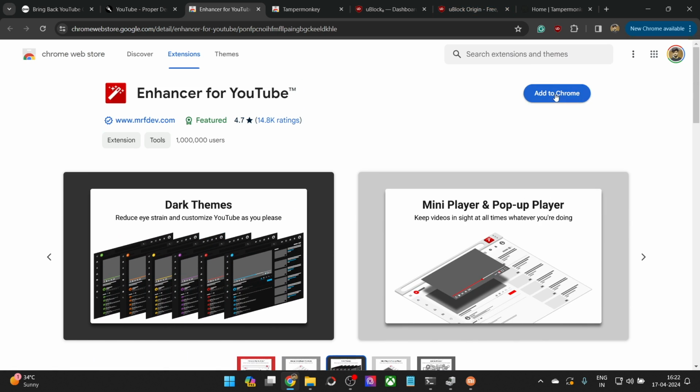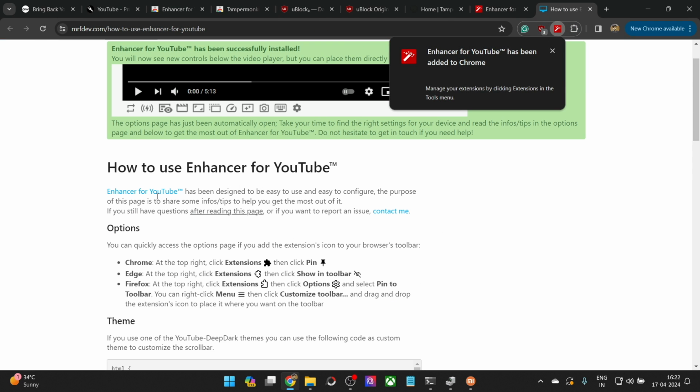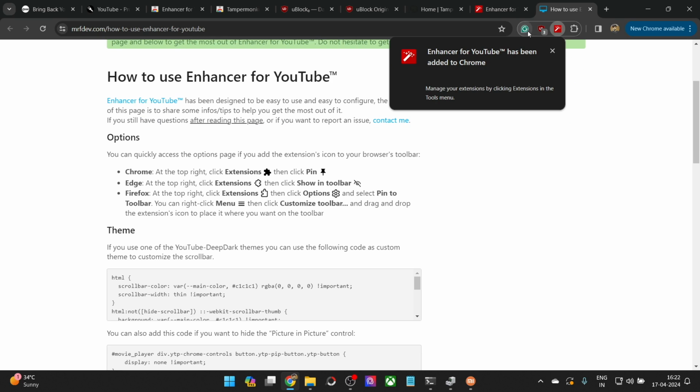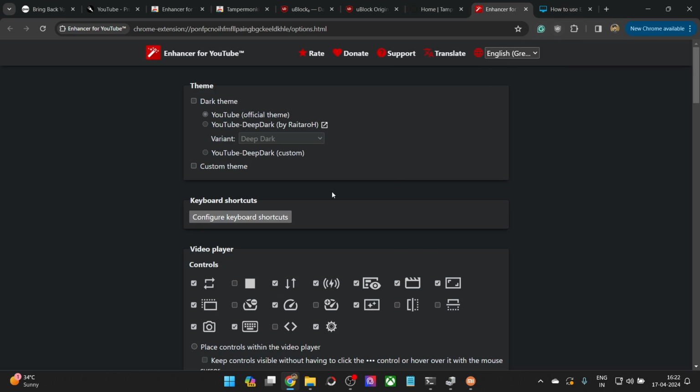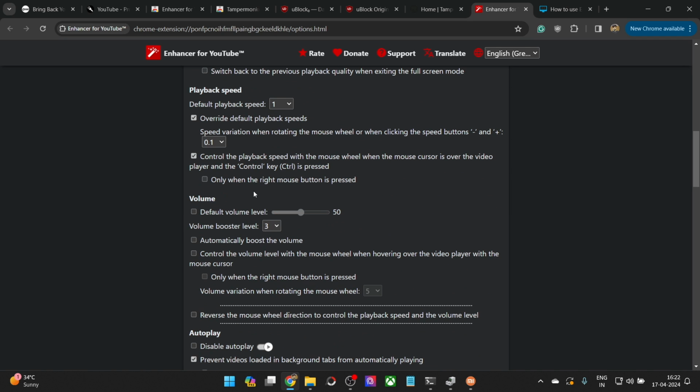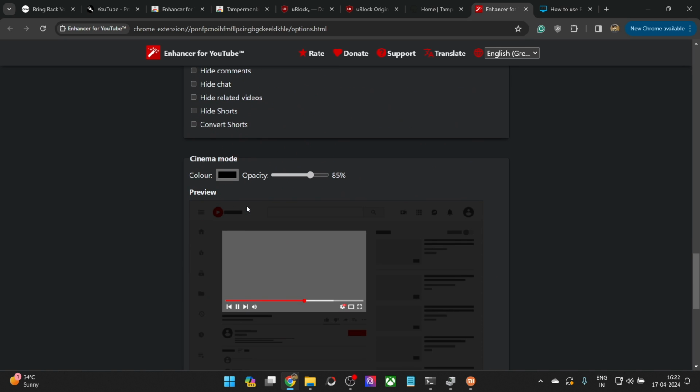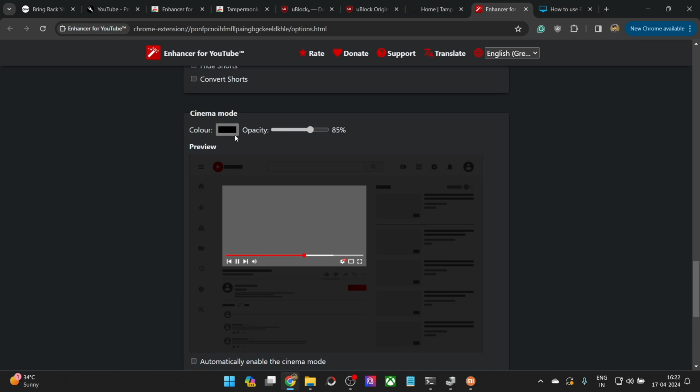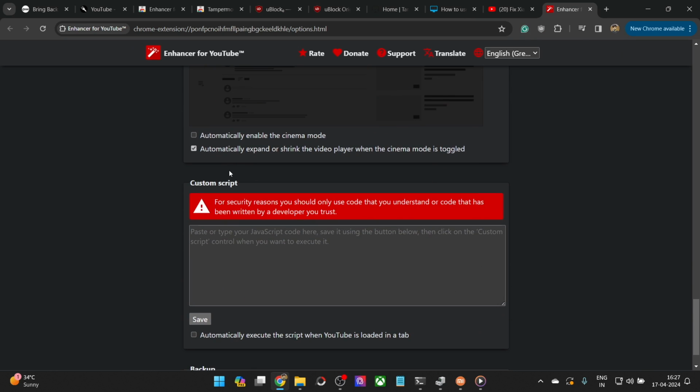So with that said, let me show you this as well. Let's add this extension, and once that is done, let me now launch it. So you may add the extension, and from here let's select it, and these are the various options that you could tweak. You may choose all of these options and customize YouTube as per your requirement, and you could choose this as well. By default it is how it will look, and then there is a custom script. You may skip this section, there is no need for this.